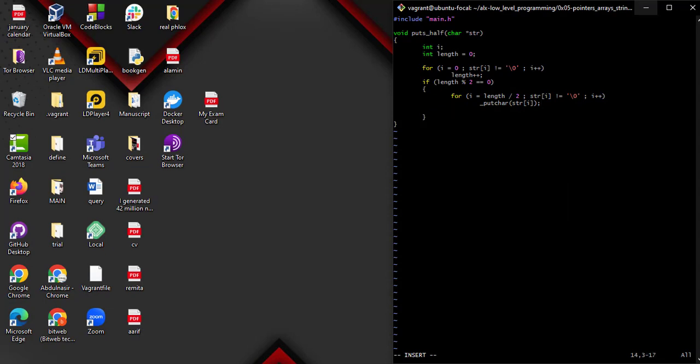So I will now print a new line here. After the loop runs, I will say putchar, a new line. Sorry, this should print a new line. So this is it. I've now considered the case for when the length is